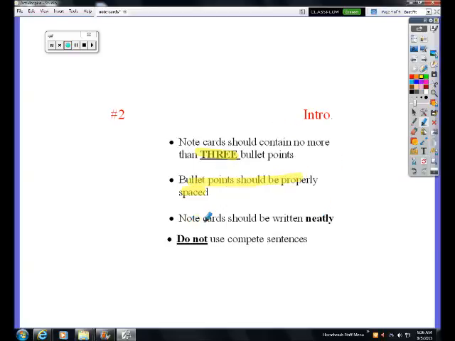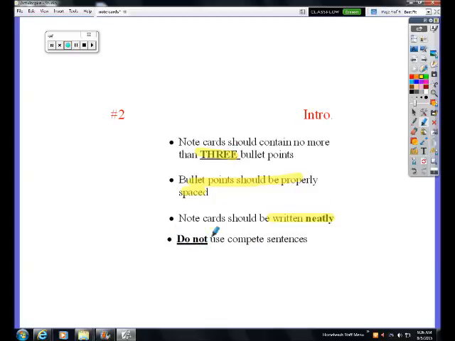You want to make sure that you write your note cards neatly. You don't want to have to look at a word to figure out what it's trying to say because you scribbled it on there. If you find that you can't write neatly, it's not a bad idea to type out the bullet points like this and then print them and then cut them out and staple them or glue them